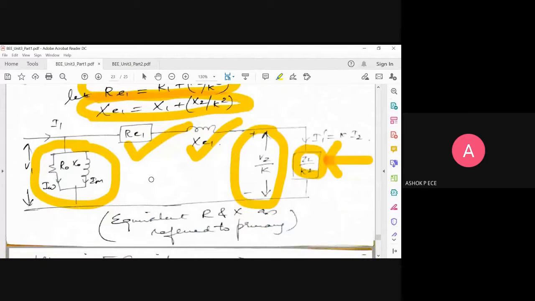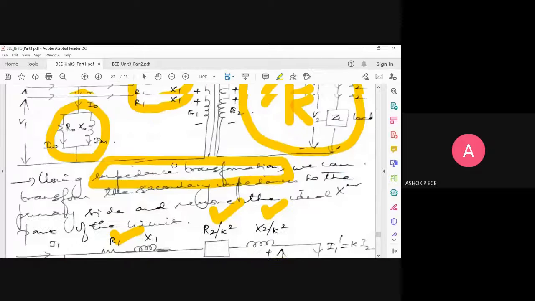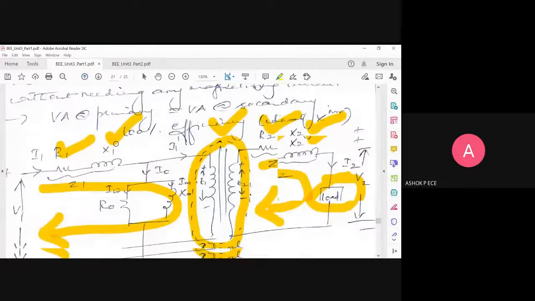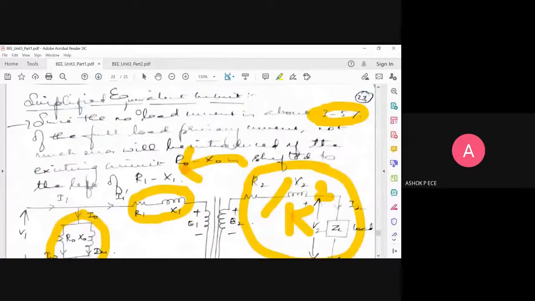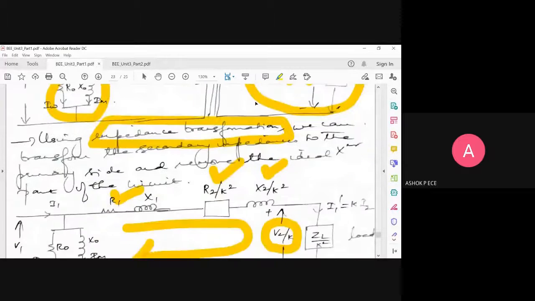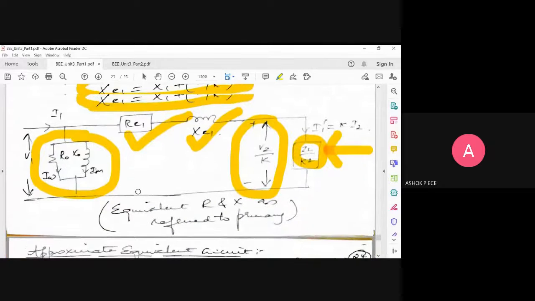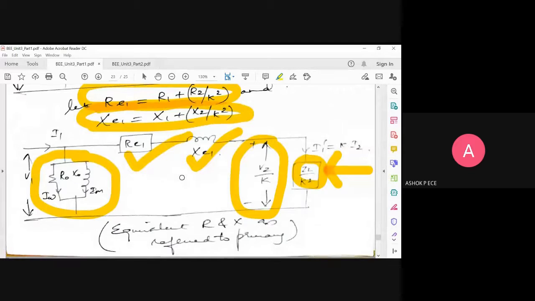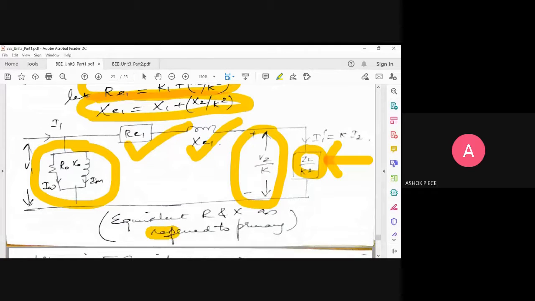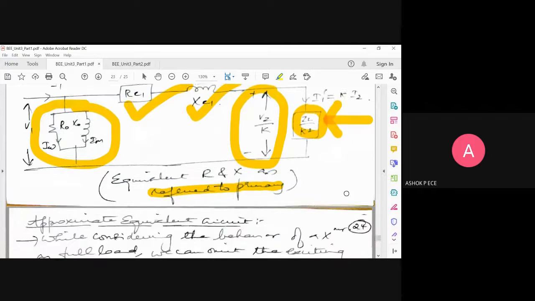As and when you simplify, the circuit becomes simpler and simpler. Now finally you see the big diagram we saw in the last class, simplified step by step using the first approximation, the second approximation, and third, clubbing the components. This is the equivalent transformer as referred to the primary. You should always use the words as referred to the primary, because we have moved all the secondary components to the primary side. There can also be an equivalent circuit as referred to the secondary, but we are not bothered about that. We are going to move the components from secondary to primary only.